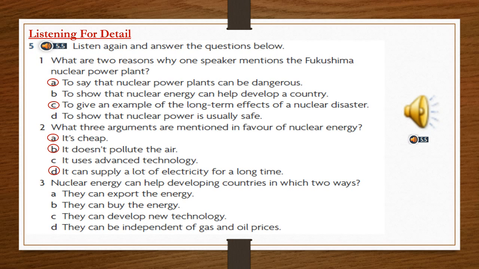Question number 3. Nuclear energy can help developing countries in two ways. The speaker said that nuclear energy can help developing countries by, first, they can export the energy, and they can be independent of gas and oil prices. So if a country has scarce resources of gas and oil, they no longer need them, because they become independent of them. They don't need these sources of energy because they have nuclear energy, and this is a long-term